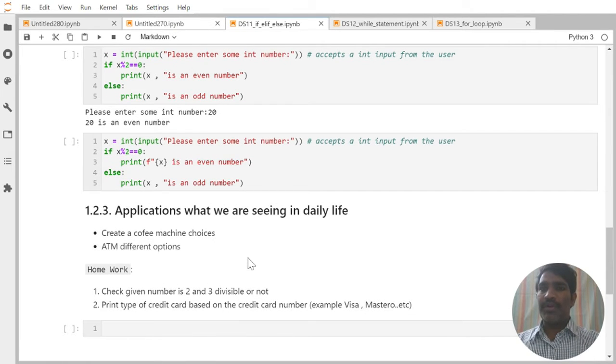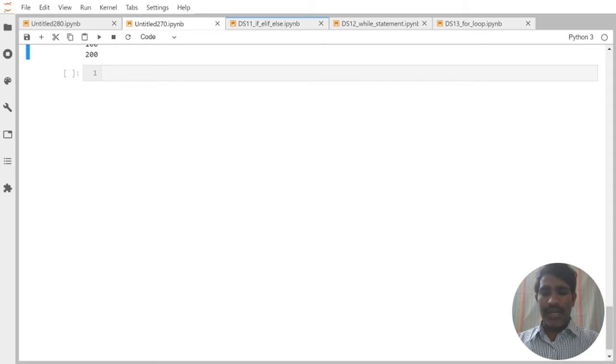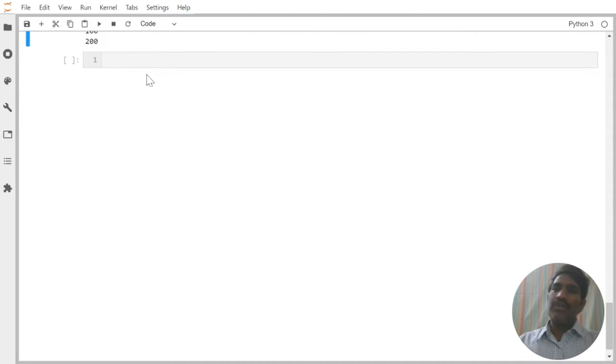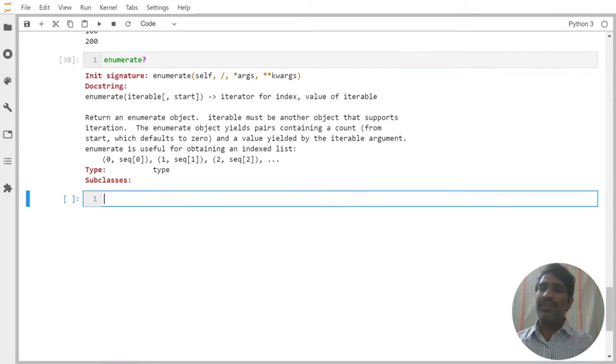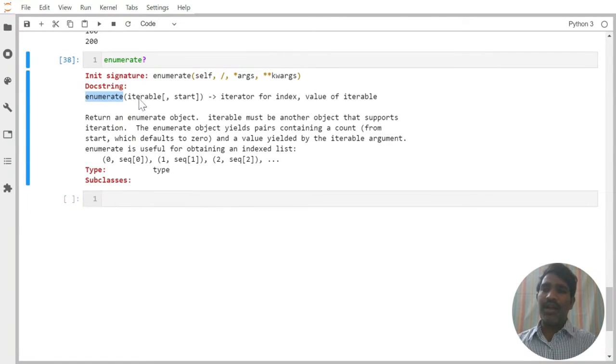So here we are trying to do the practice, right? Let us go to that slide. We need to learn about one of the functions called the enumerate function. Before using any function, it is worthwhile to read the help document. So we are reading the help document here. Enumerate, on top of it, an iterable object we are going to apply. Iterable means something supporting a for loop, any sequence object.